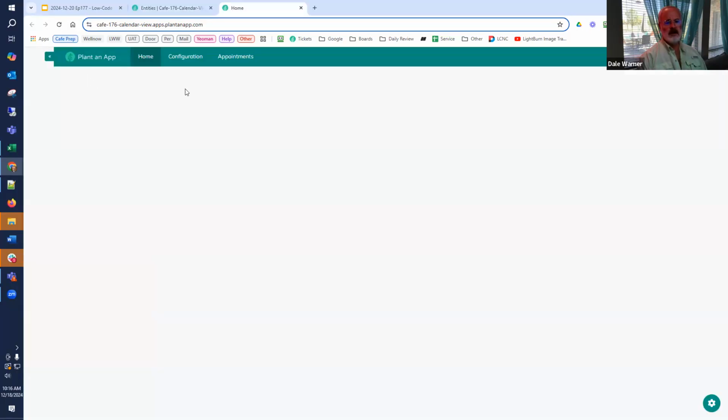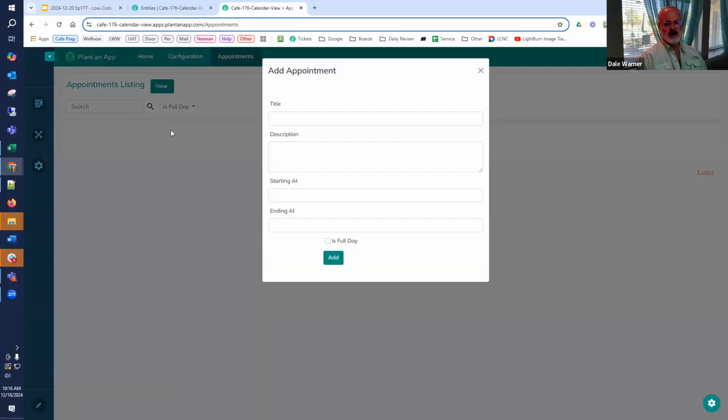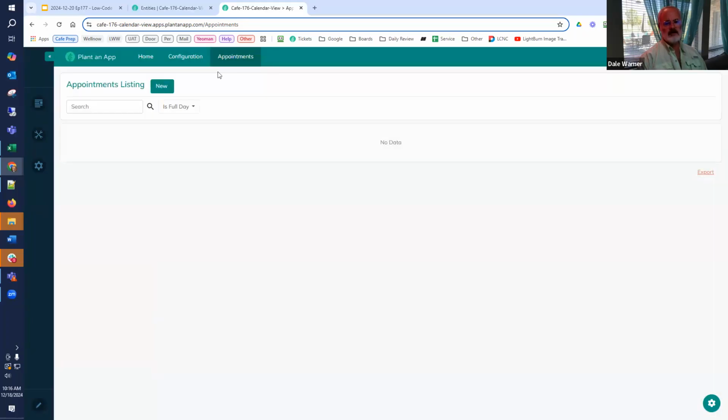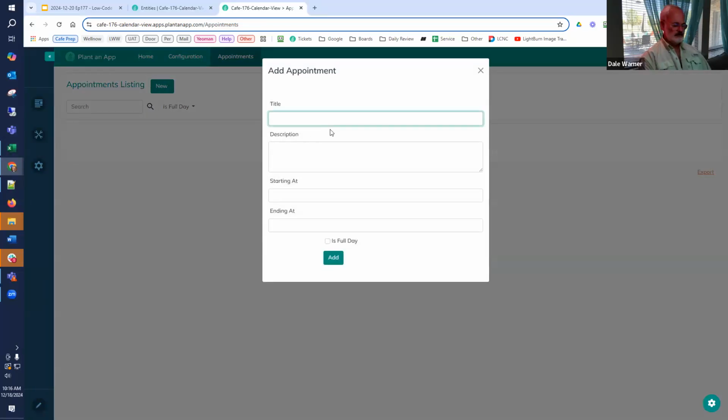If we look at the preview of the site, Plant an App generates the appointments as a listing, and we already have the ability to add appointments. But by default this is creating what's called a data table view. And so if I add